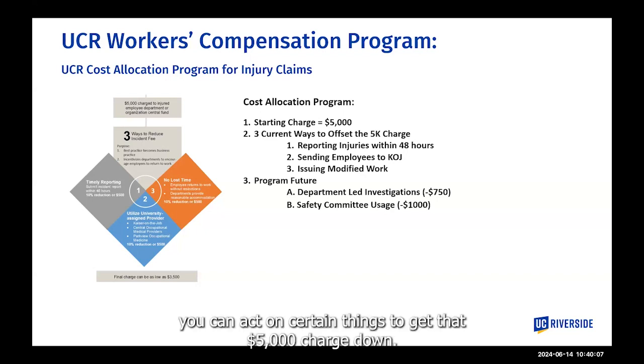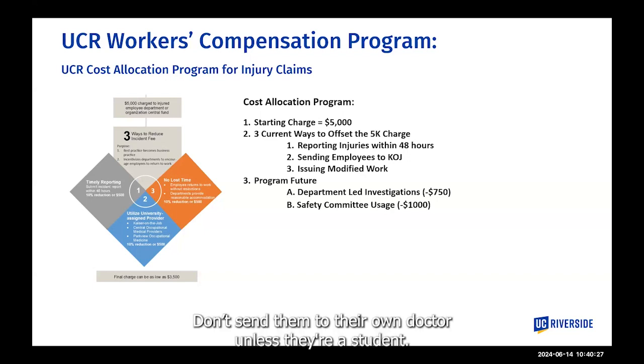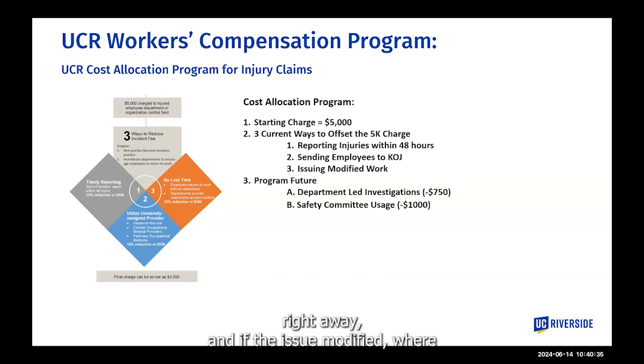You can act on certain things to get that $5,000 charge down. One, report the injury within 48 hours. Use our system, have the employee go through our website and report it, or report it for them. Sending people to Kaiser on the job, don't send them to their own doctor unless they're a student and they can go to student health. But if you're sending people to Kaiser on the job where they can get addressed right away, and if you issue modified work, that will reduce your 5,000 by 1,500, which leaves you 3,500, and we'll pick up